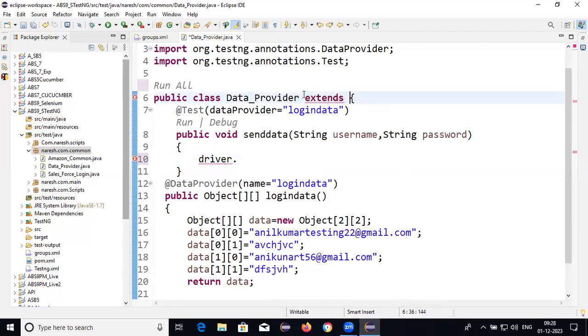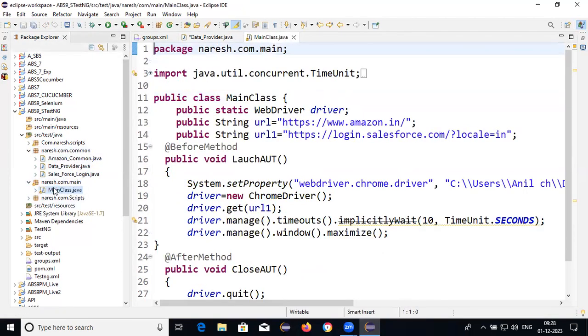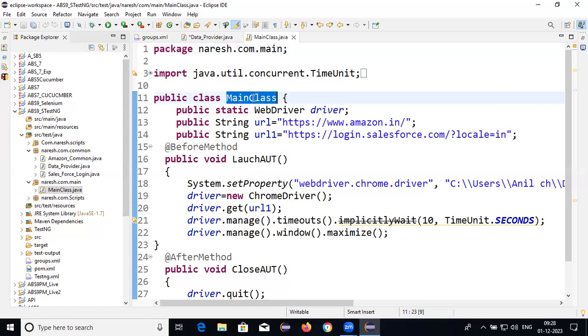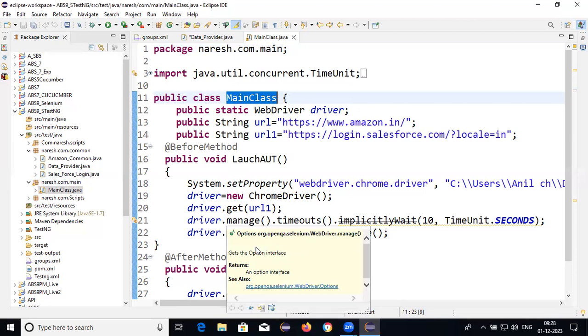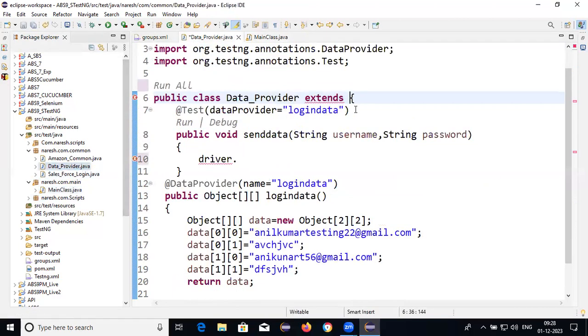Here we don't have a WebDriver method. Where is the WebDriver method? The WebDriver method is there inside of the main class. So if I want to send the data, I need to provide the main class or not. Launch method is required or not. Without launch method, how are you able to send the data? So we need to call here